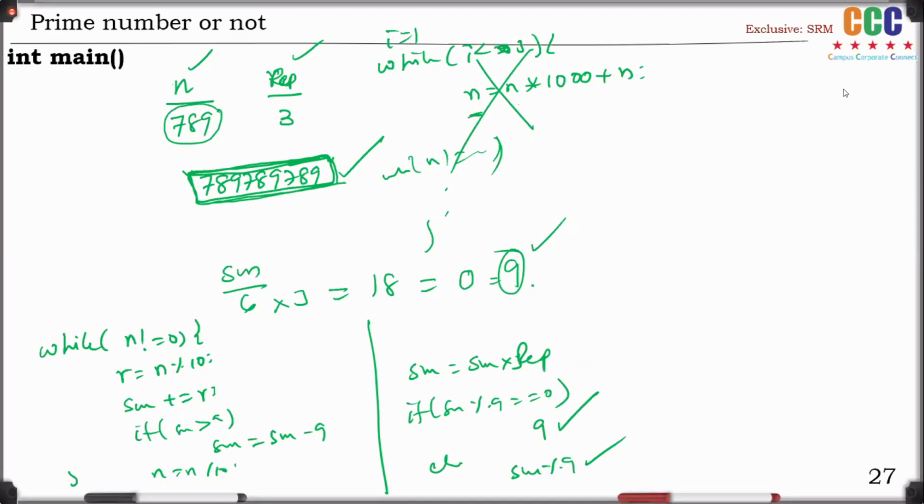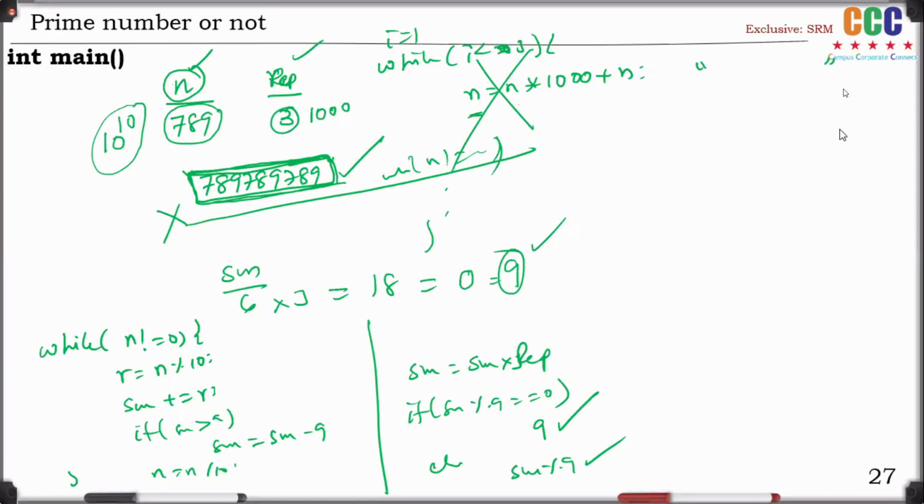Okay. Now, the task is, this is the programming interview question, but they told that n must be up to 10 to the power of 10, and repeater is maybe 1000. Means, look at this, 10 to the power of 10 means a very big number. 1000 times repeatedly, then can we form that much bigger number? No. Therefore, for this number itself, we should not take it in a numerical format. We have to take it in string format. Whatever the number it is, take it as a string format.